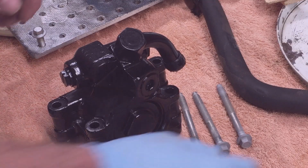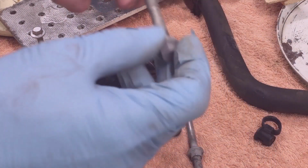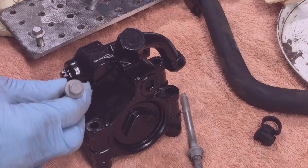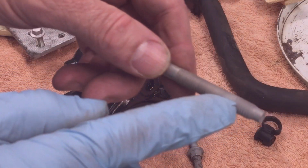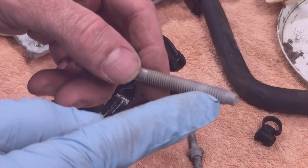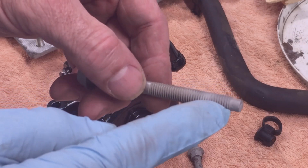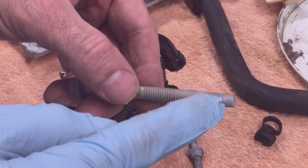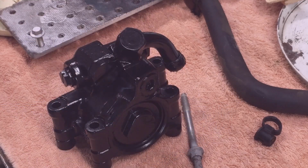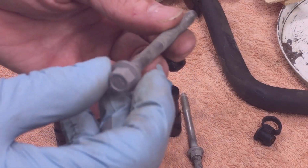This is what the 3 mounting bolts for the pump look like. 10mm head size. Now this one is corroded at the end. It came out hard all the way. I was worried that it was stripping out the block, but it was because it was corroded on this end, because it was an open hole for the front one. That's this one. The back one was clean,